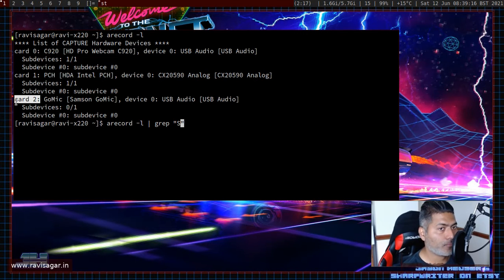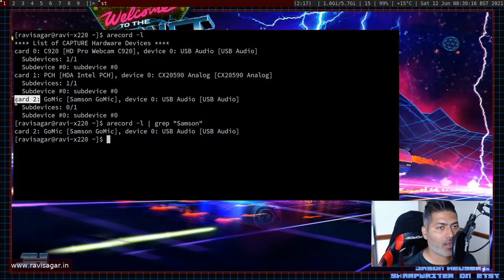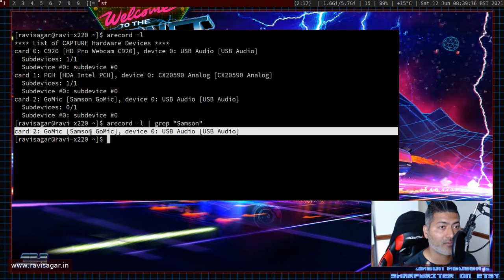By the way, this may not be the most perfect way of doing it, because the script that I'm using for getting the webcam is using the ID, a unique ID. But I think this method works if you don't have all the mics with the same name. If you have duplicate names, then of course you have to modify it slightly. But let us say you're just interested in this Samsung mic, now we are focused on just one mic, which is my card 2, and we are quite close now. Now all we have to do is cut this particular